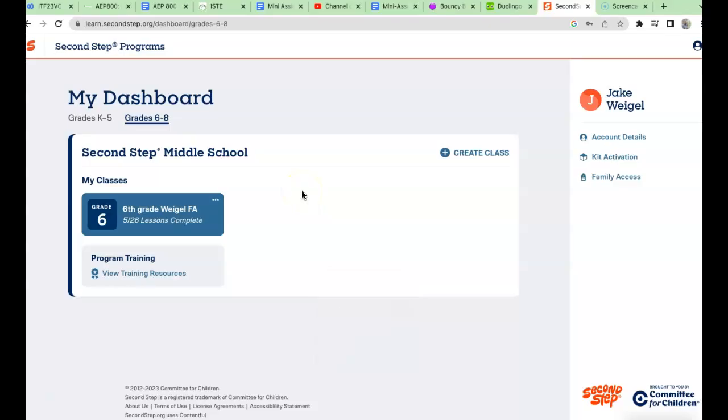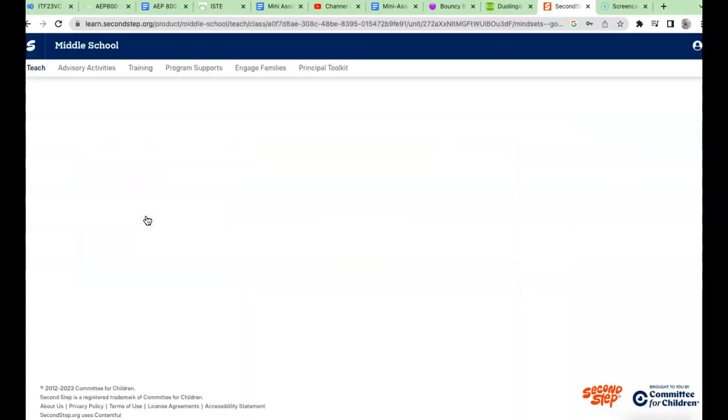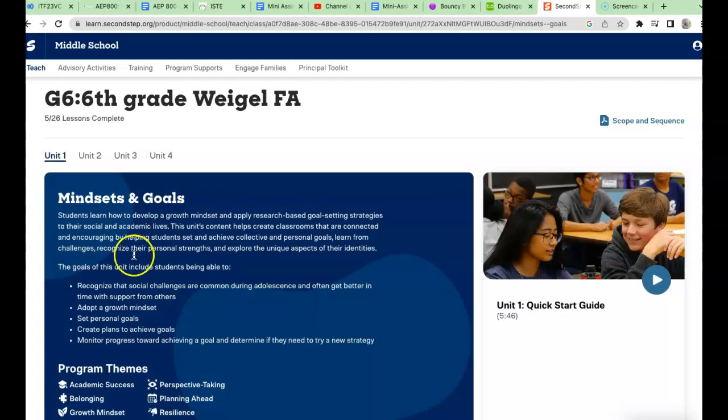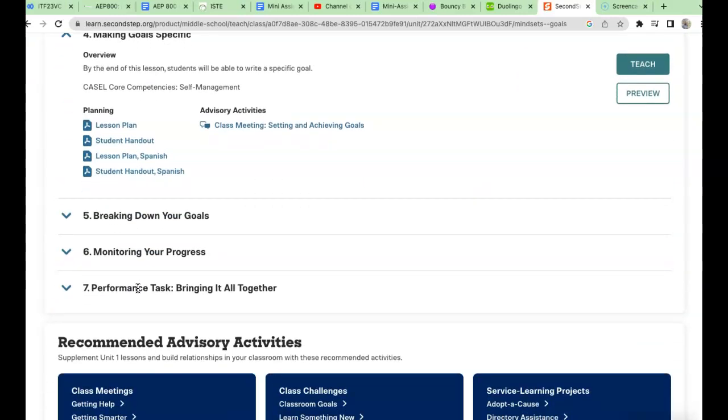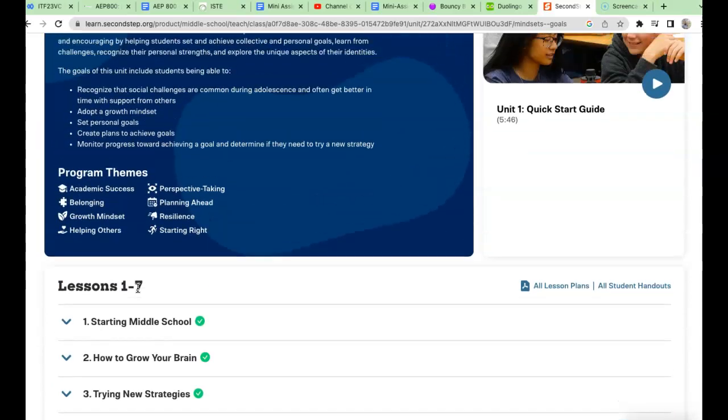All right. Another app that I use and my entire school uses is Second Step. This is a web-based SEL application that helps provide online lessons on how to deal with different situations. I think it's probably something I would not have enjoyed as a student, but I think there's some utility in it, especially